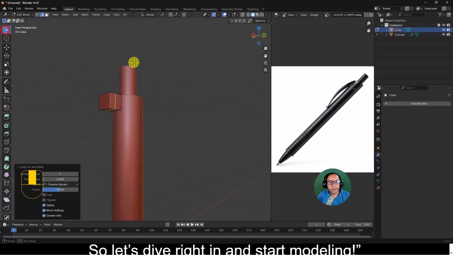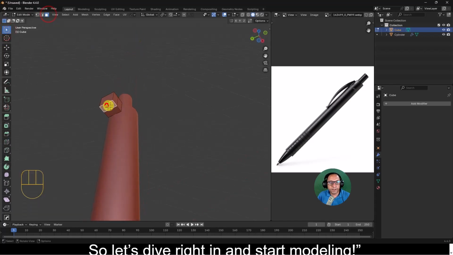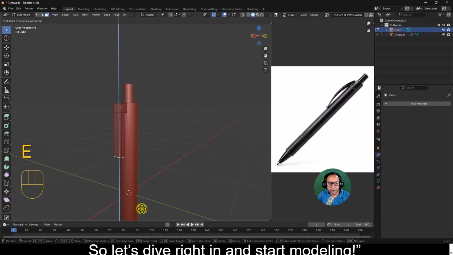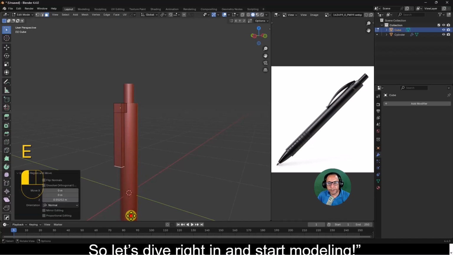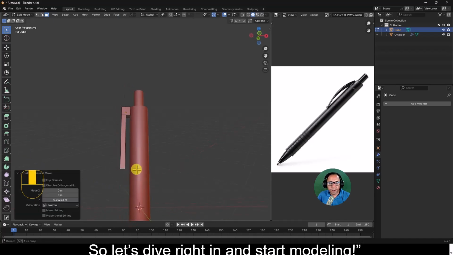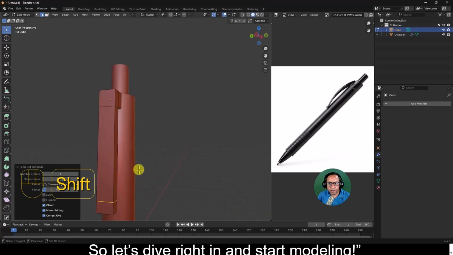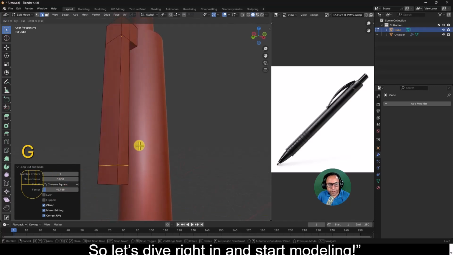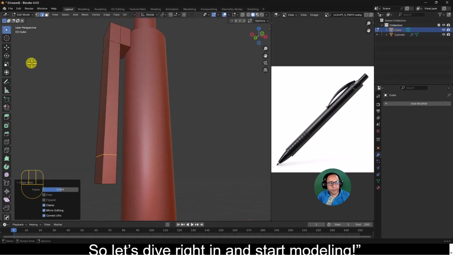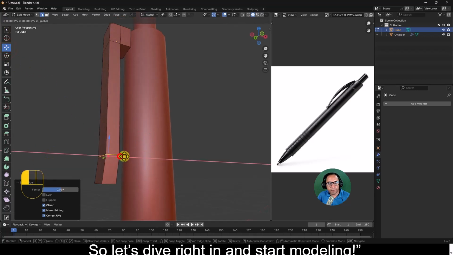and then I will select this face. Again, I will extrude it, let's say like this, and then I will add another loop cut, Ctrl R, and what we can do, I will press double G and move it like this, and then with the movement tool, let's do it this way,